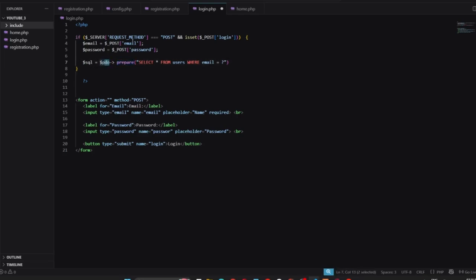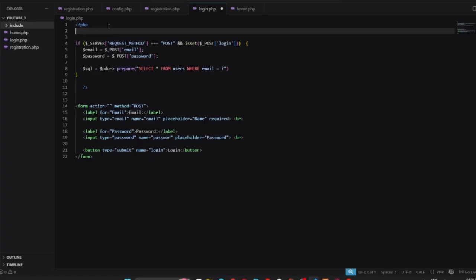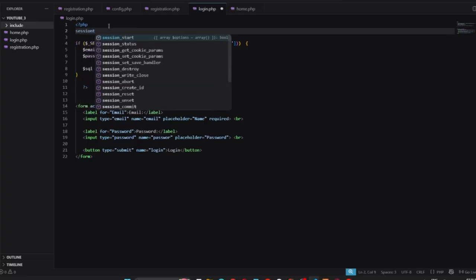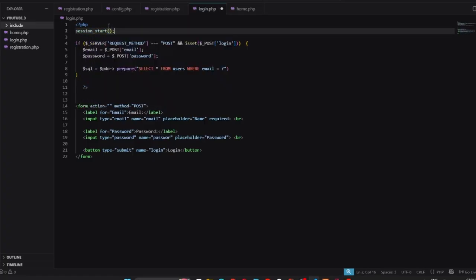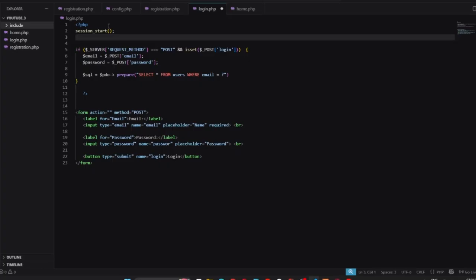Okay, one thing I forgot. I always forget this thing, because I was busy explaining and had to remember. I had to add it with the login page. When it comes to the login page, you always need to add a session start, so that whenever the user's password is correct, the server or the browser gets some ID to remember that certain user. I don't know if you know what I'm saying, but with time I'll help you understand what I'm doing. Then later I'm going to call out